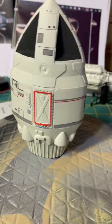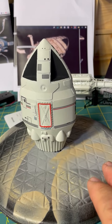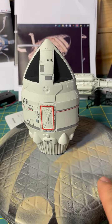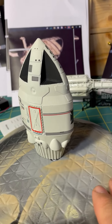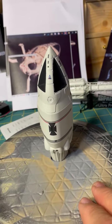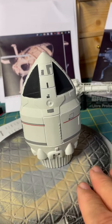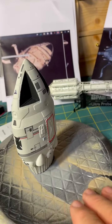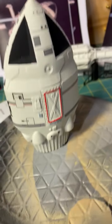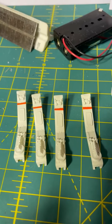Okay, we're back with the after decals for the UltraProbe command module. These are just the stock decals so far. Got the side boost ones for the side control thrusters, the bottom. Only decals I didn't use, I painted on the little orange stripes on the locking legs